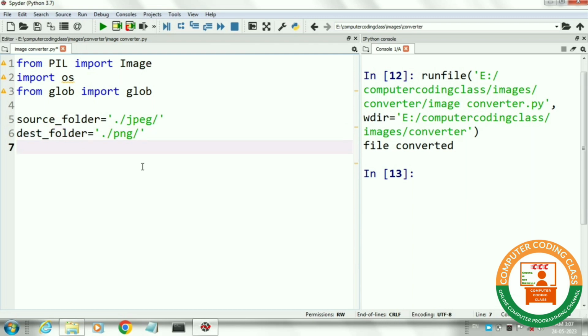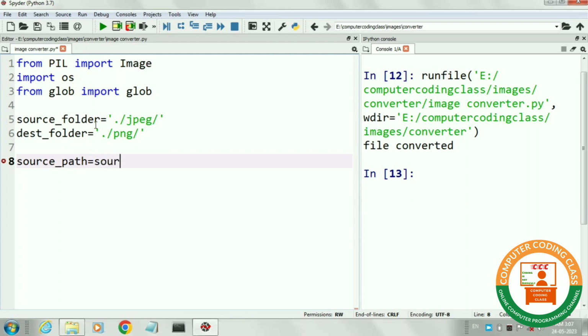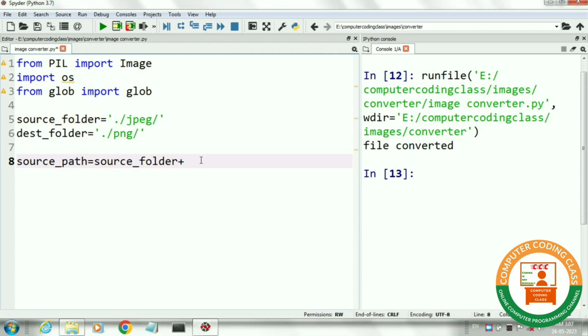Next, I will create a string where first part is source folder and next one is a wildcard character, that is asterisk dot. Here asterisk dot jpg will be added with our source folder for searching all the jpg files. Here star dot jpg means all the jpg files.